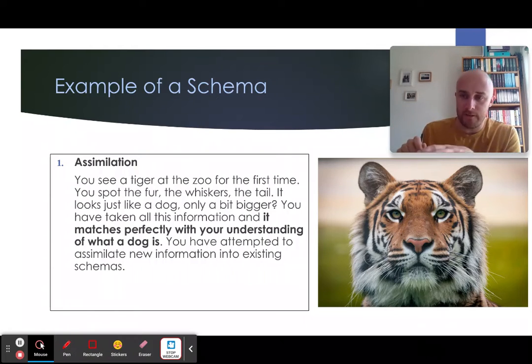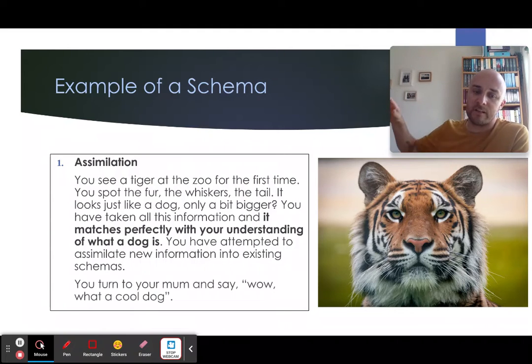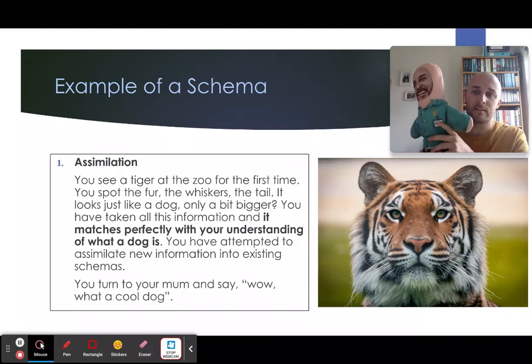So assimilation, and again, this is another good phrase to note down. Assimilation is when, in a novel situation, you take stimuli and you try to fit it into an existing schema. I'll say that again. You can easily rewind it if you didn't get that. But in a novel situation, in a new and unfamiliar situation, we try to assimilate new stimuli into our existing schemas. So, for example, if I were to show you this again,